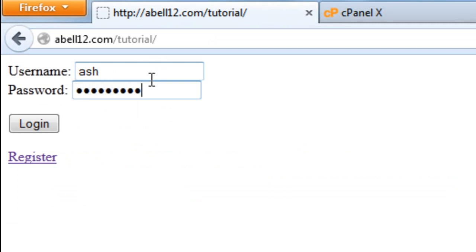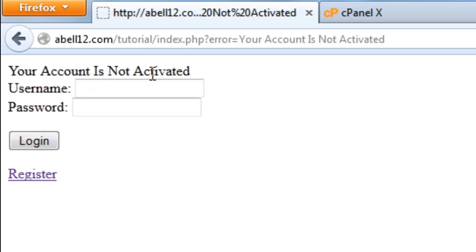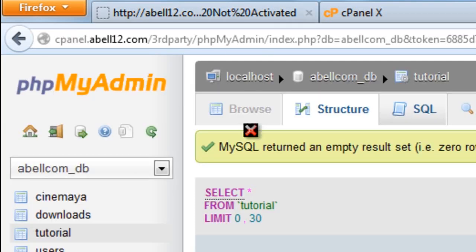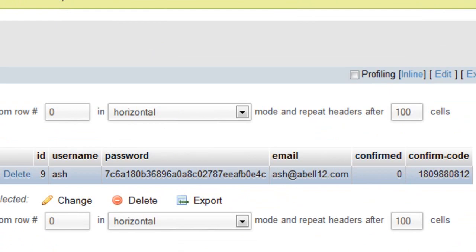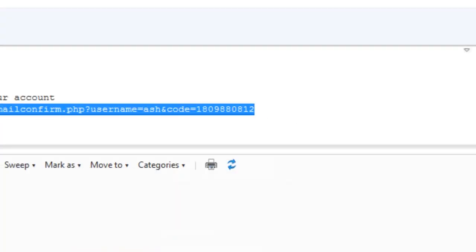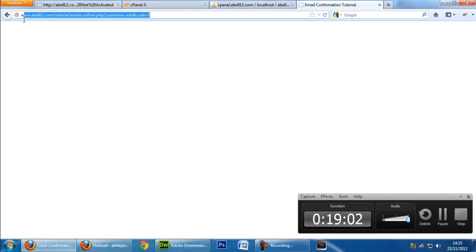So I've not yet clicked on that link, so I've not verified my account, and if I click login, as you can see, we get your account is not activated, so therefore we cannot log in. As you can see, if I refresh, all this here and confirmed is 0. So now if I get this link here and paste it up in here,